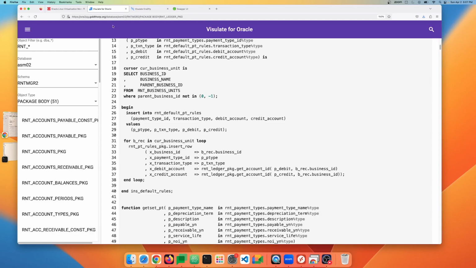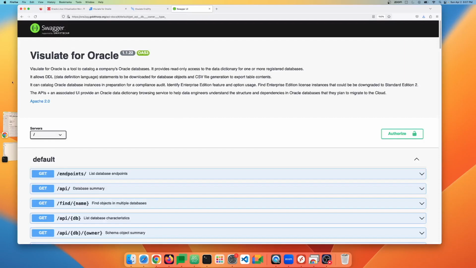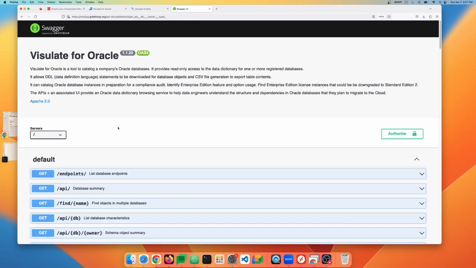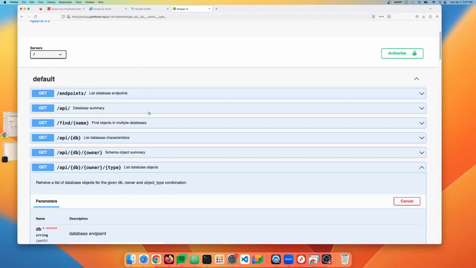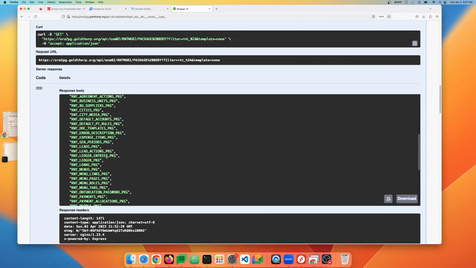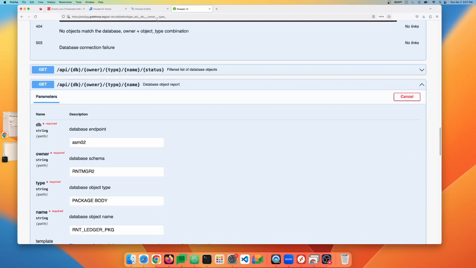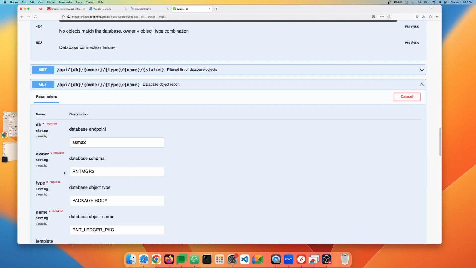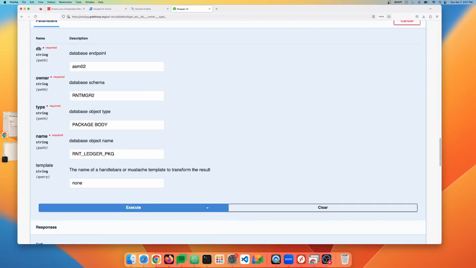And so I'm going to use another feature of this tool set to help me do that. So what I'm showing here is that everything that you see on the screen through this UI makes API calls to actually implement the logic. And so these are the APIs that are happening under the covers. So we have the page we were just looking at. Let me just scroll down. We were looking at the rent ledger package as a package body in that schema. So if I look here, I have the database schema, package body, rent ledger package, and